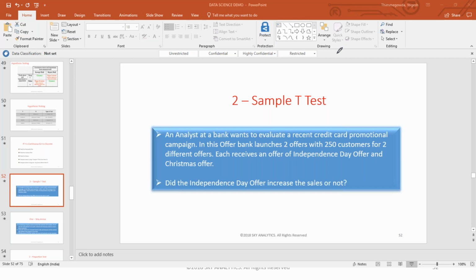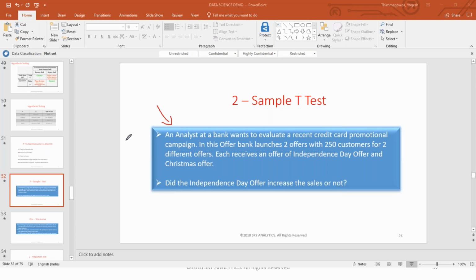Okay. So Yogesh, one more thing. Regarding the objective of finding which is greater, the independence day sale or the Christmas sale, without doing all this, by seeing the sales data we can also find out. Based on the sales data, you can do it. But then, what is the use of doing data science? No, I'm not asking what is the use. Even in Excel, if I see the total sum, I can identify both things.